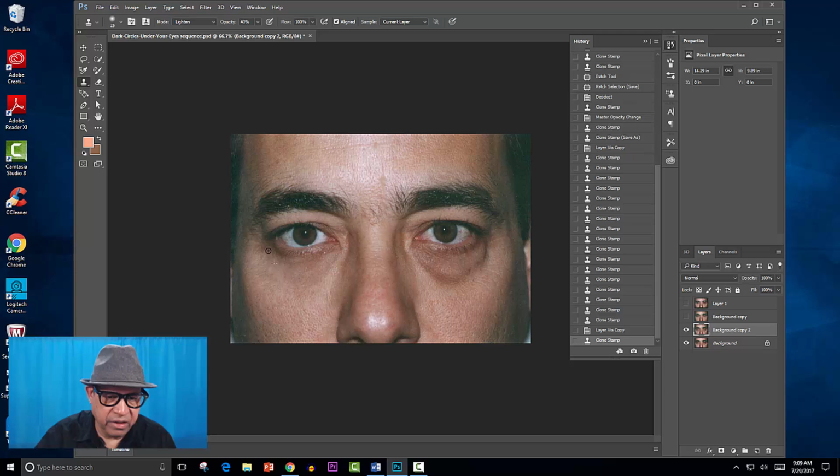Photography is interesting because it may take us 30 years to develop these bags underneath the eye, but it takes just a few minutes to get rid of them in a photograph. As you can see, it is replicating this shade as I go through the motion, and simply recreates the eyelids as they were when you were a teenager. And since we expand these images while we are working on them, when the picture is reduced to the normal size, you will see there is absolutely no difference between the normal skin underneath the eyelids and just below the